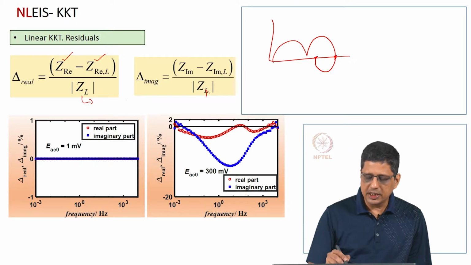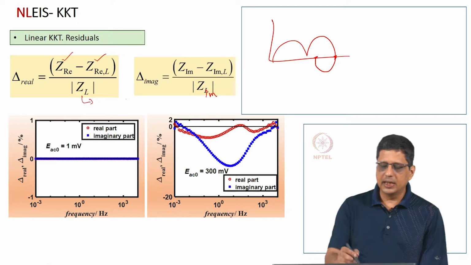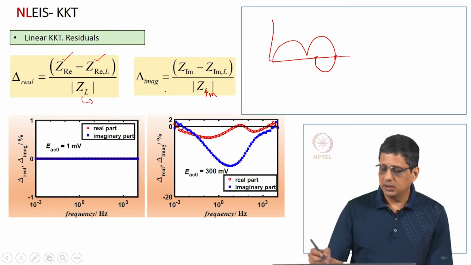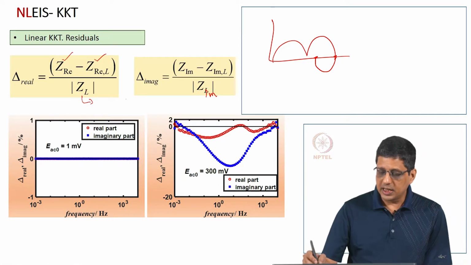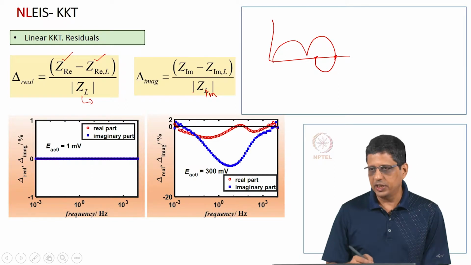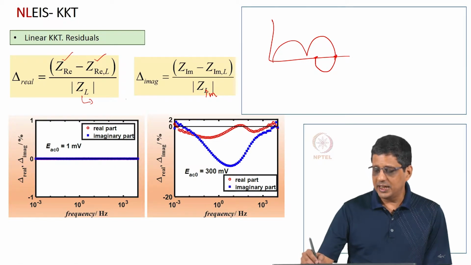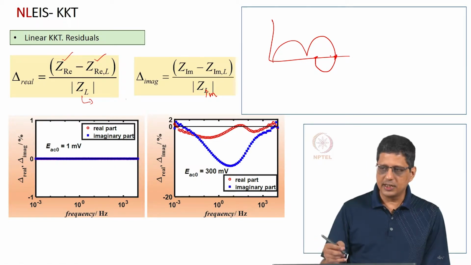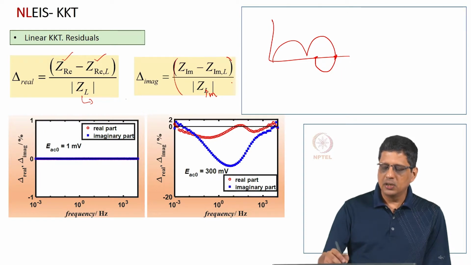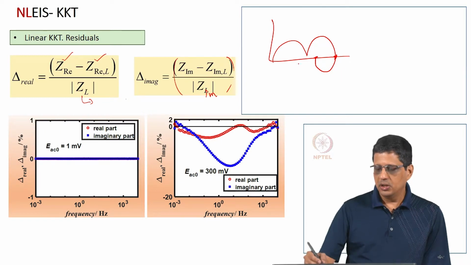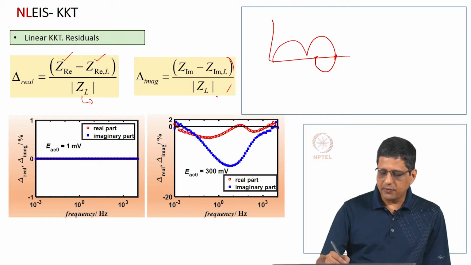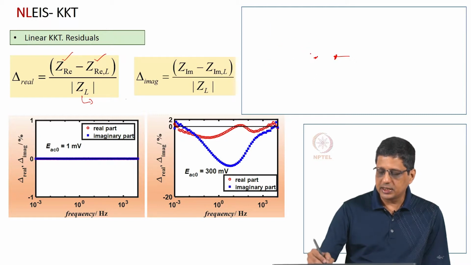If you use z imaginary here, you will get a very large value here, and z imaginary, if it is exactly 0, it will in fact become infinity, and if there is a very slight variation between the transform data and the original data, we do not want that to appear as a large error. Okay. So, it is important to use mod of z rather than z real or z imaginary,